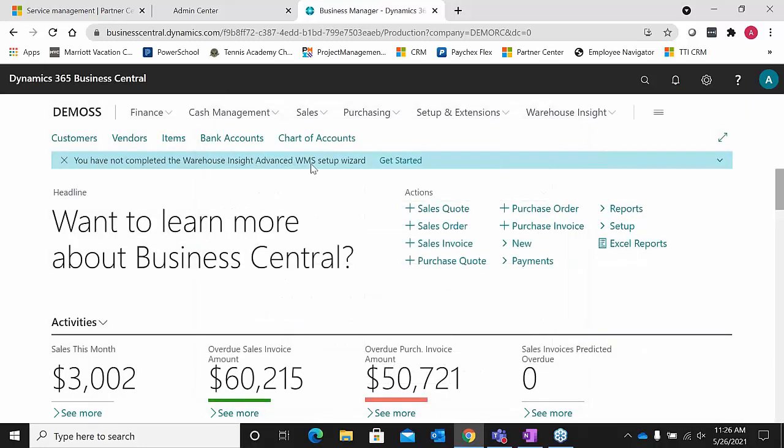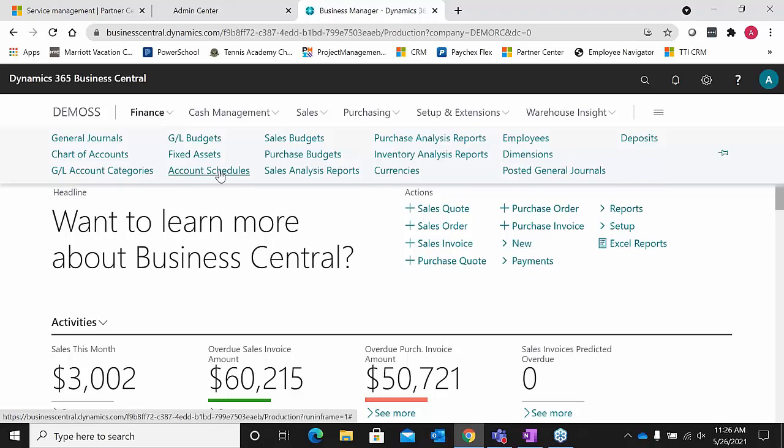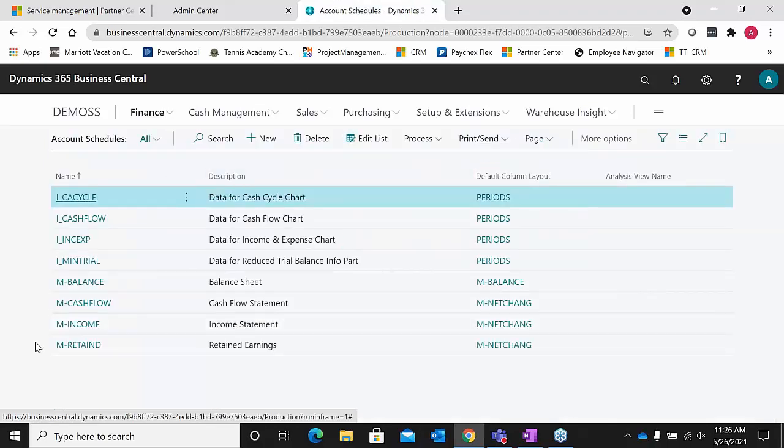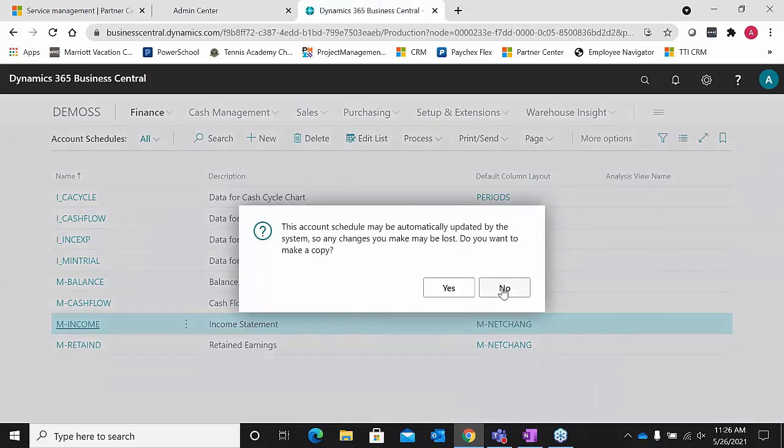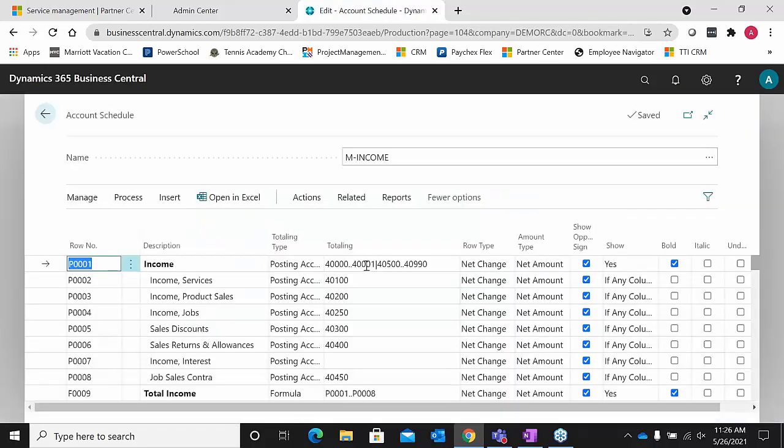And then the last piece that I wanted to show you in terms of out-of-the-box reports would be account schedules. These are your out-of-the-box financial statements. So the first section is our cash flow reports, and the last section are the balance sheet, the cash flow statement, and the income statement. We'll take a look at these. These are very similar to, I think, what you would see in Management Reporter. You set up your rows, you set up your columns, you identify which accounts are your totaling accounts, you identify what your formulas are, and then